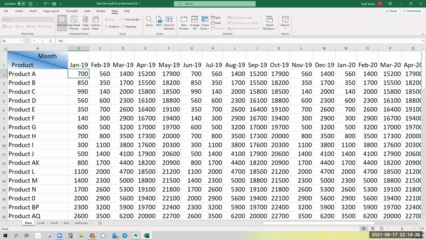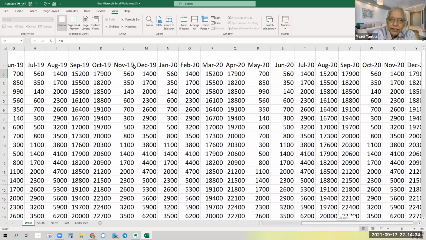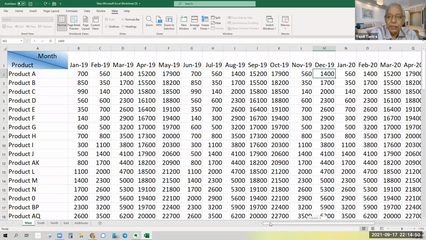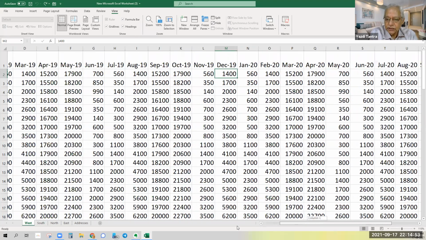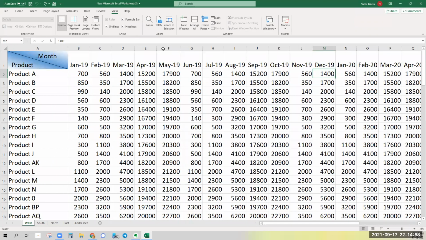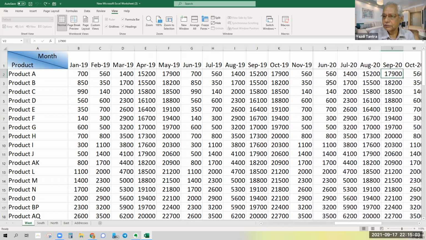Then there is this problem which we face often, that I want to compare my December 19 data with my December 20 data. Now if I'm comparing this with this, it becomes very cumbersome. So how do I do this? Freeze panes does not help me because the sheet remains in the same format. So even if I say freeze panes, when I go to December 19 and then I want to go to December 20.